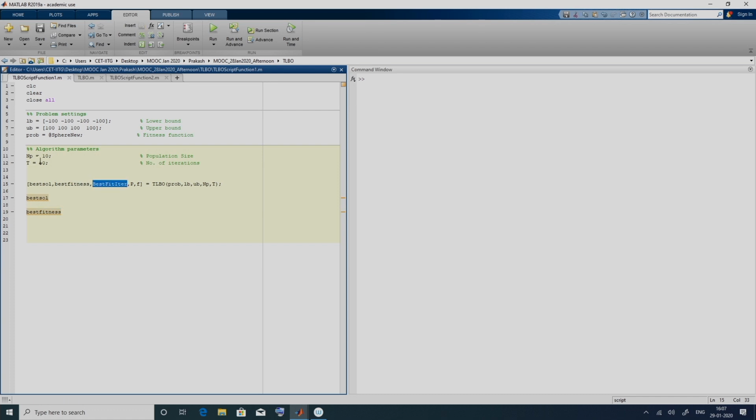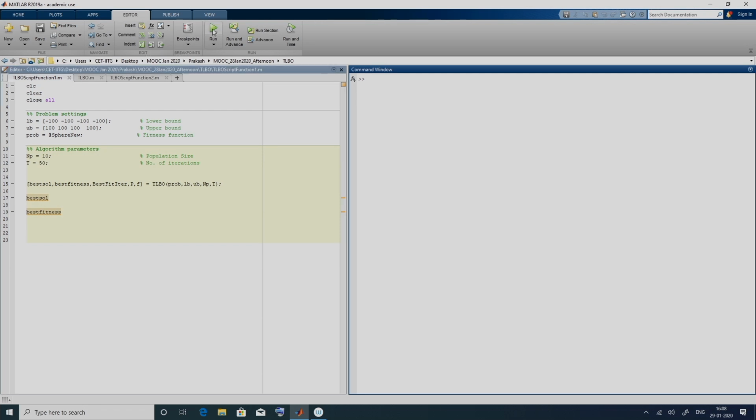We have 50 iterations and also the initial evaluation, so best fit iter will be a vector of 51 rows and 1 column. We are working with a population size of 10, so at the end of the iteration P will be 10 cross 4, because the number of decision variables is 4, and F will be a 10 cross 1 vector.